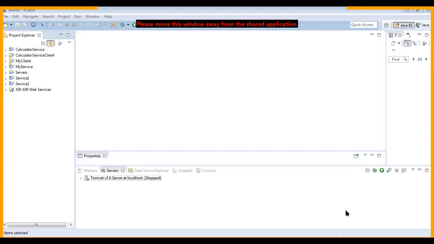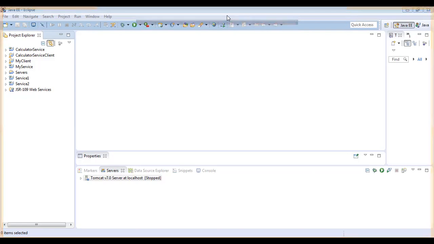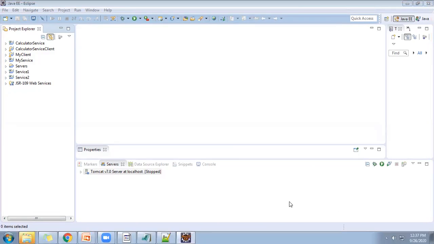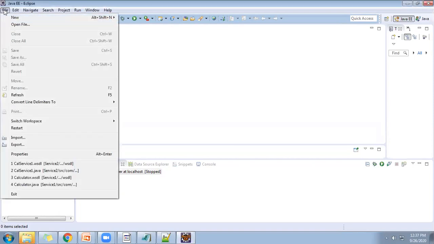This is the Java Eclipse environment. Let us see the procedure of how to create the component class and how to convert that class into a WSDL file.